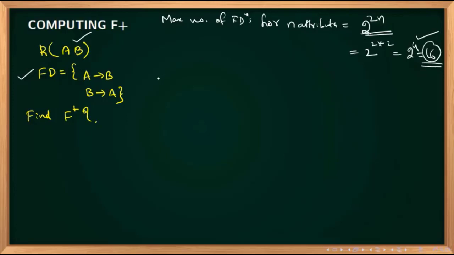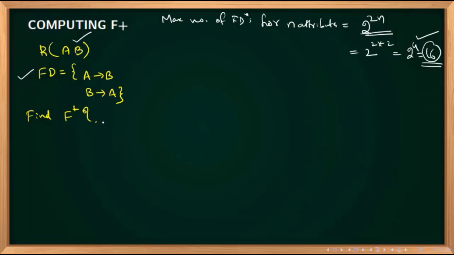It will be a 16 or less than 16 number. So we have to find out. Okay, so how will you find out? Till now they have not asked this question, but if at all they ask for a 1 mark question, like what is F, how many functional dependencies will be there in the F closure of this one, then we can say the answer.